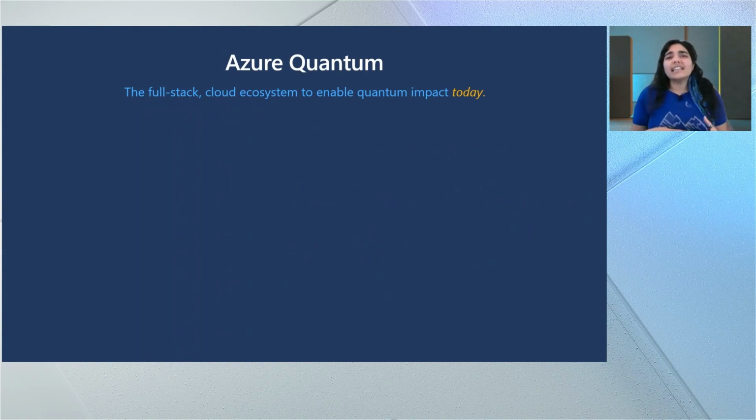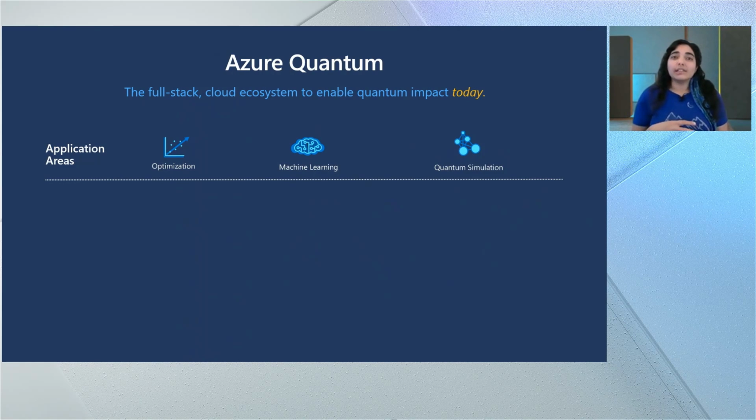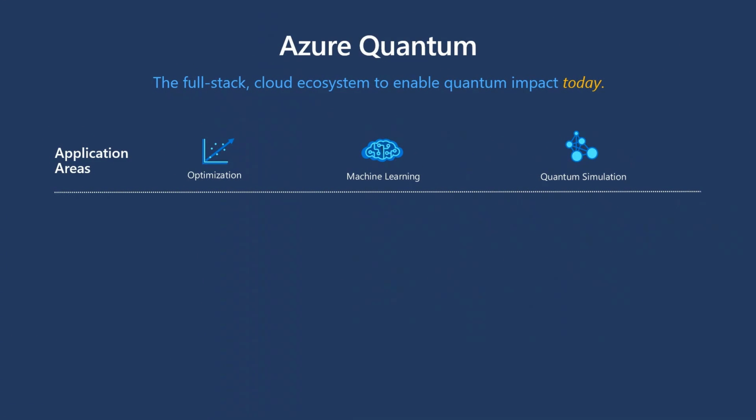All right, so now let's get into some detail about what we're actually building. For us, Azure Quantum represents nearly 2 decades of quantum research and investment. It will empower you to have real impact today with quantum-inspired solutions, build and optimize quantum code using our suite of simulators and resource estimators, and then test against a variety of real quantum hardware. So here you can see some of the key application areas that we're targeting with this new tech. Now, this is by no means an exhaustive list, but it should hopefully spark your imagination.